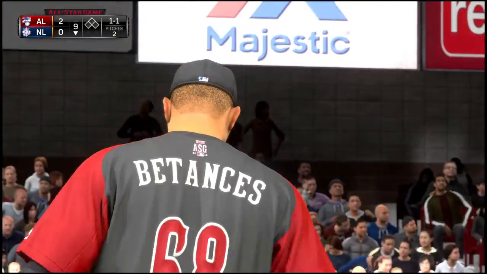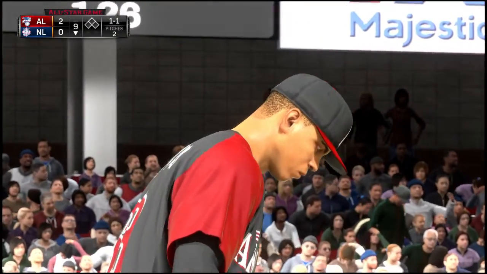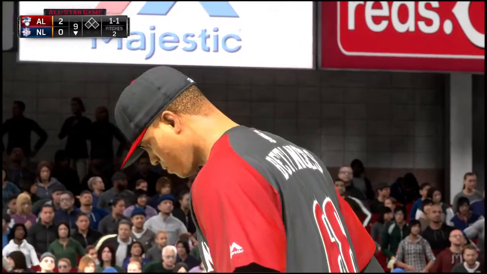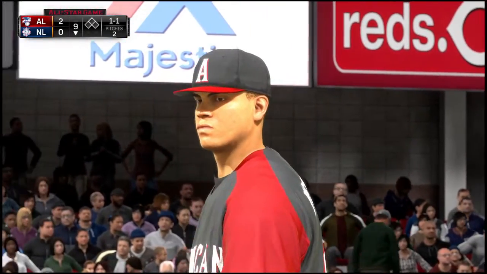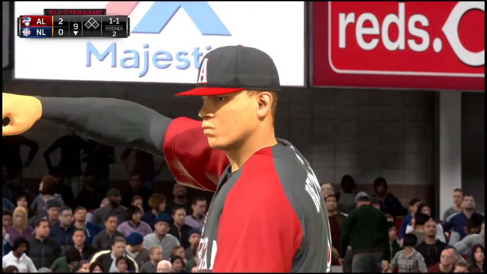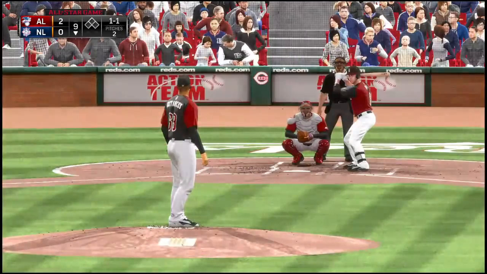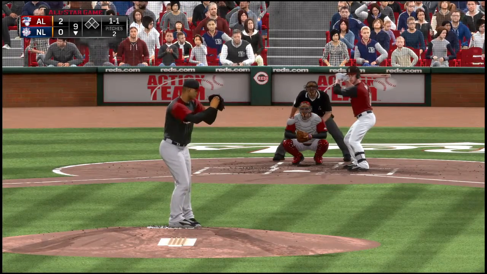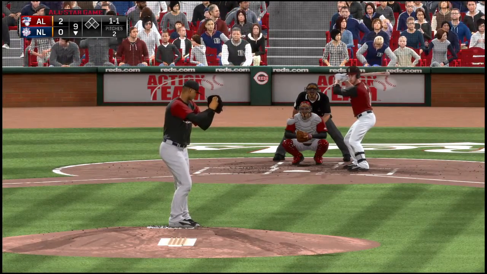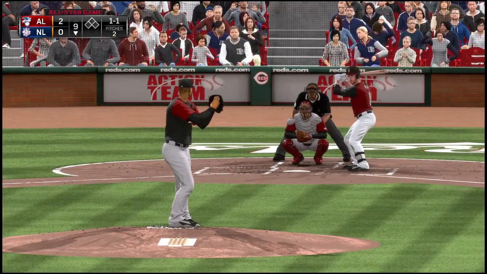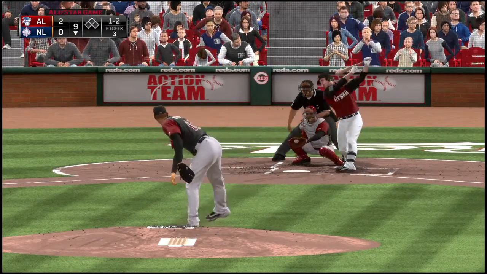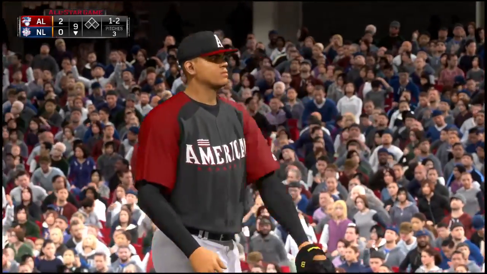And a fastball in there for a strike, 1-1. That thing's coming in there hot, 96 miles an hour. One on the way. He jumped the gun a bit on that swing, and he's down 1-2.